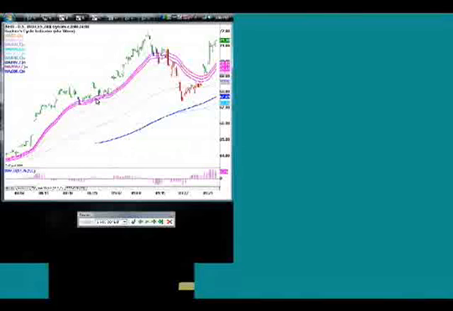So at some point, I need to pick a side and use my analysis for what I feel is the most likely scenario. But if we do break 72, head up to 72.20 or 72.50 on the EUI, here's the flip side of that. If I feel the momentum has shifted, then I've definitely got myself in a position with the option where I do have some staying power. With the spot contract, I may not.